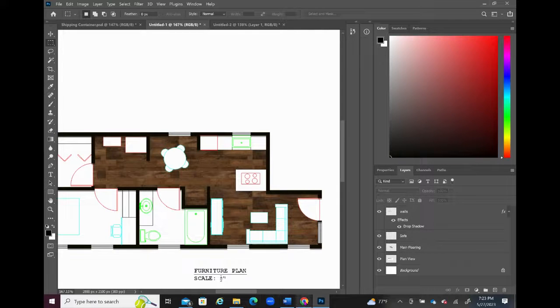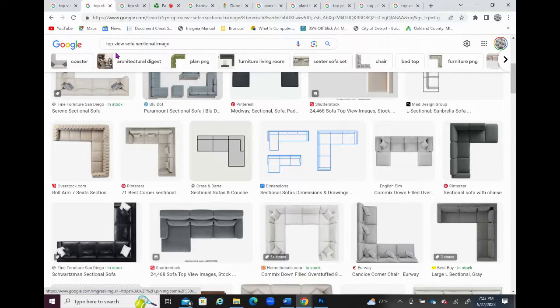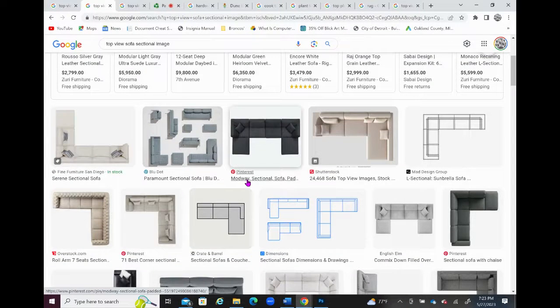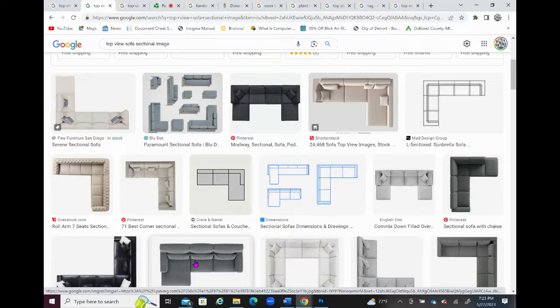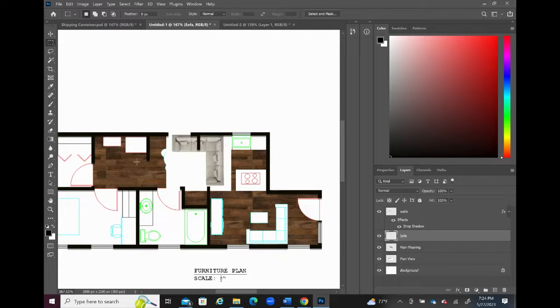And with the sofa, going over to my Google, you want to make sure that your Google search is in a top view if you're working with a floor plan. Once you find the image that you would like to incorporate or use within your drawing, you're going to, of course, copy that image and then return to your Photoshop yet again. You want to make sure that you're on that sofa layer. And I want to make sure that this layer is on top of my main flooring so that it shows up above the floor. You can simply Control V to bring it in, and then you can move it around